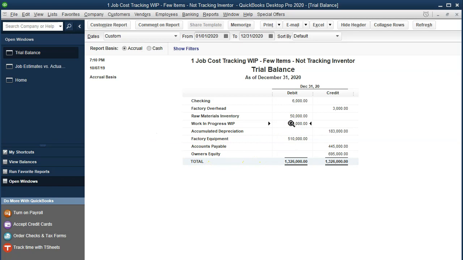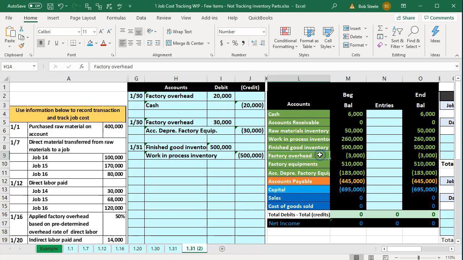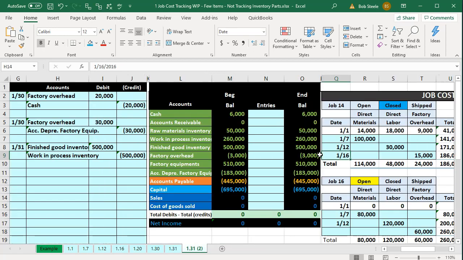Now let's consider our Excel sheet to see what we're going to do now. If we go back to the Excel sheet, you'll note in Excel and recall that we basically have two accounts that are doing the same job as the one account in Excel. These two accounts adding up to 760. The only difference is that we moved the completed item to another account called finished goods here, whereas in QuickBooks